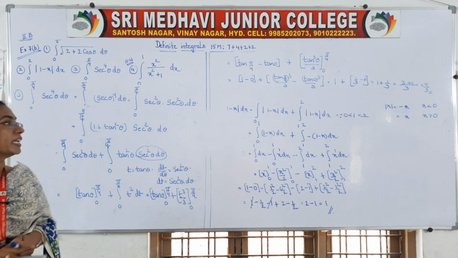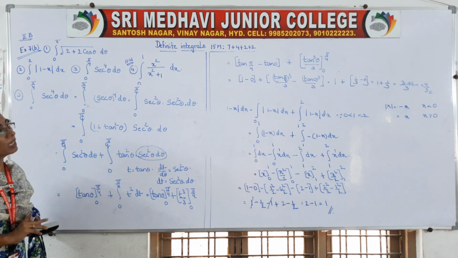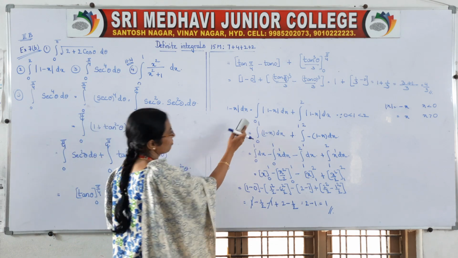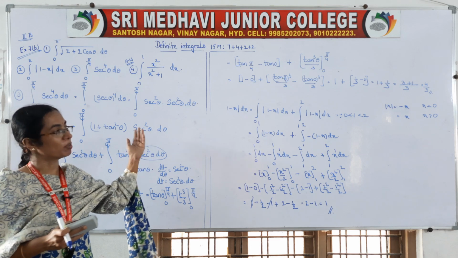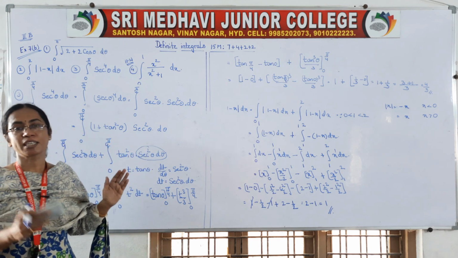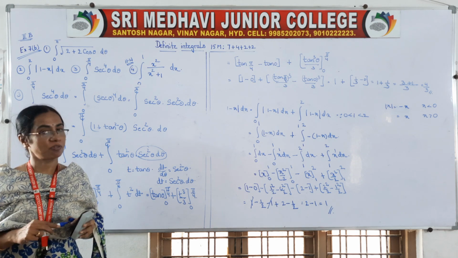Okay, so we did all the 3 problems here. So simple. Be careful while dealing with this one only, the modulus of 1 minus x. Generally mod x we first get negative, but here we are getting positive. Why? Because it is not 1 minus x, it is x minus 1. Okay. So practice these problems perfectly.